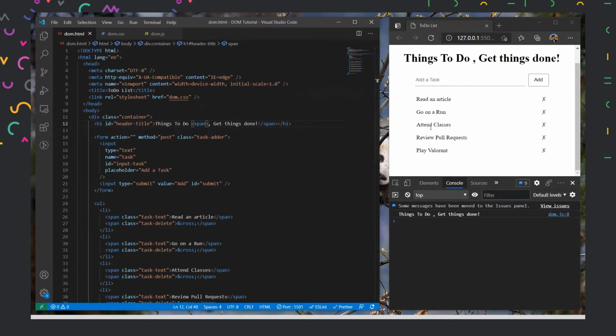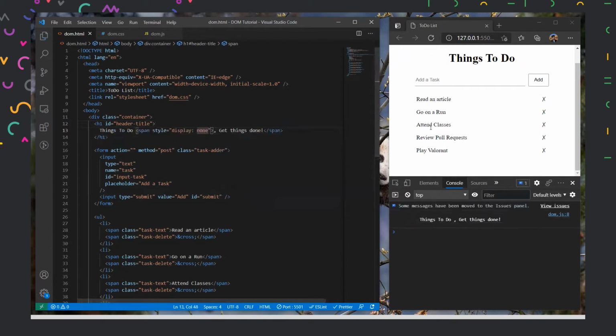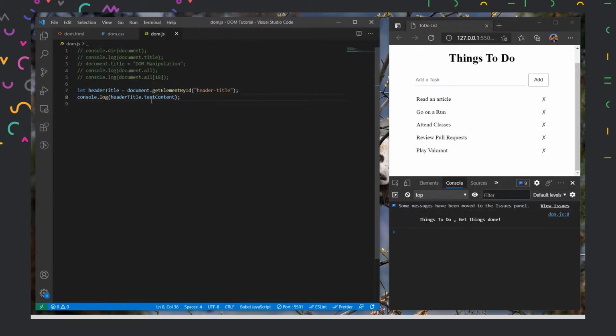But let's say we have some CSS written for this, which says display none. What will happen is it will show everything which is there inside our header title, but here get things done is not visible because we have given it the property display none. But we can still access it using the text content method over here. So we have the text content method here.